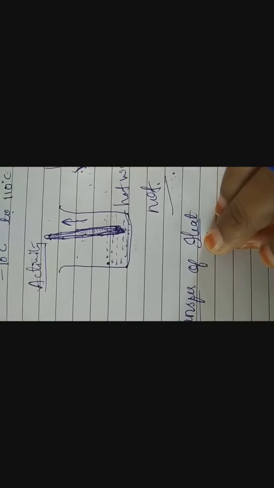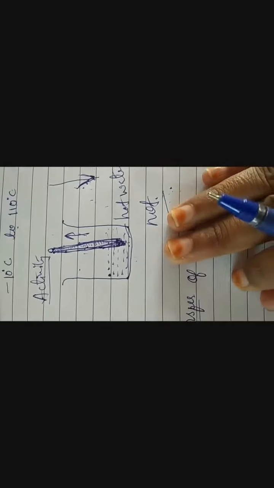Next point, transfer of heat. You might have observed that a frying pan becomes hot when we keep it on a flame. It is because heat passes from the flame to the utensil. When the pan is removed from the fire, it slowly cools down. When it cools down, the heat is transferred from the pan to the surroundings. So you can understand that in both cases, the heat flows from the hotter object to the colder object.